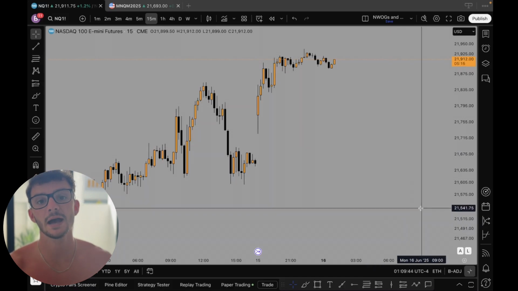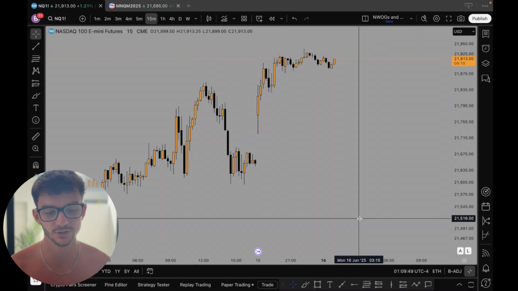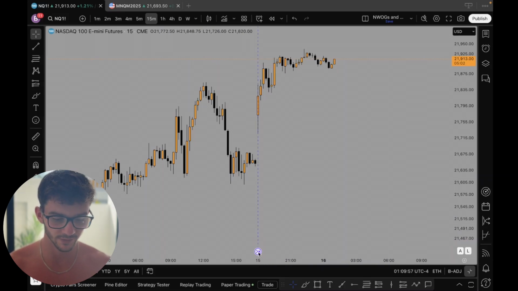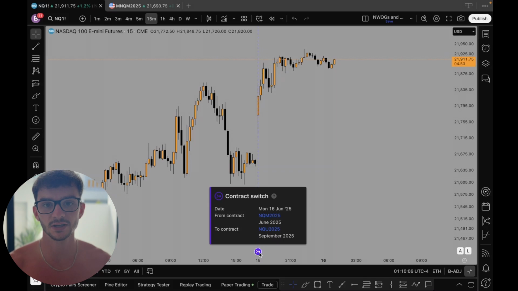And also, I like to have somewhat of a control of when I'm going to switch to that next contract. On the continuous contract, you don't have a choice really. You switch when the continuous contract switches, which actually was the start of this week. So you can see this arrow at the bottom here. That denotes that the continuous contract for NQ has switched from the previous contract to the next contract. And for NQ, or index futures in general, that contract is NQU 2025, which denotes the contract for September. So we will now switch from NQM to NQU, and then at the end of September, we will switch from NQU to NQZ,